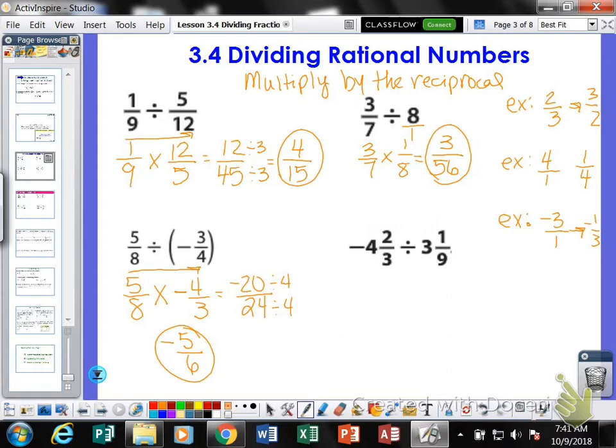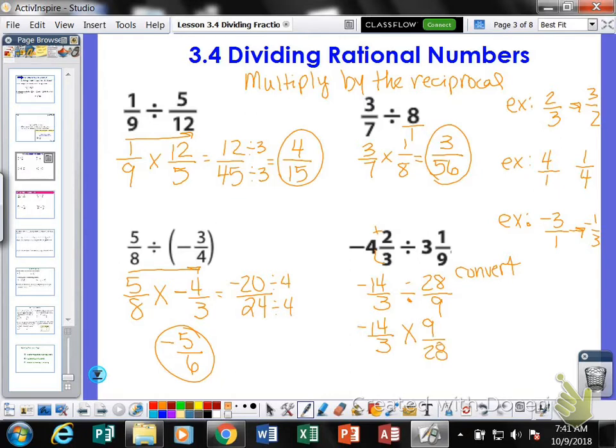Now, in the next one, we want to convert these first. Remember, ignore the negative first and change this mixed number into an improper fraction. So ignore the negative, 3 times 4 is 12, plus 2 is 14. So -14/3 divided by, I'm going to convert 3 and 1/9. So 3 times 9 is 27, plus 1 is 28, so I have 28/9. So first, convert. Then the next step would be to keep the first one, change division to multiplication, and find the reciprocal of 28/9, which is